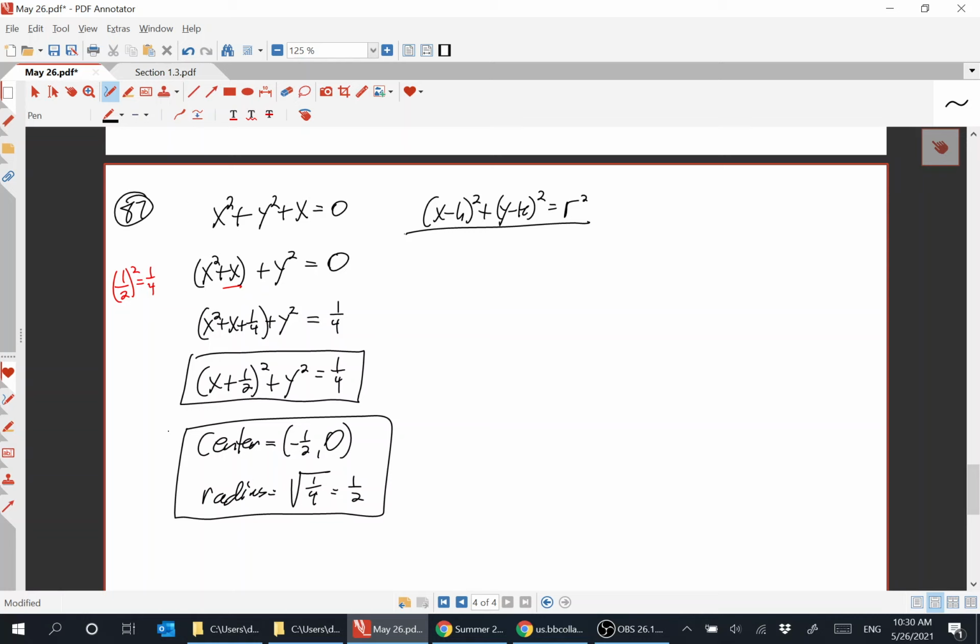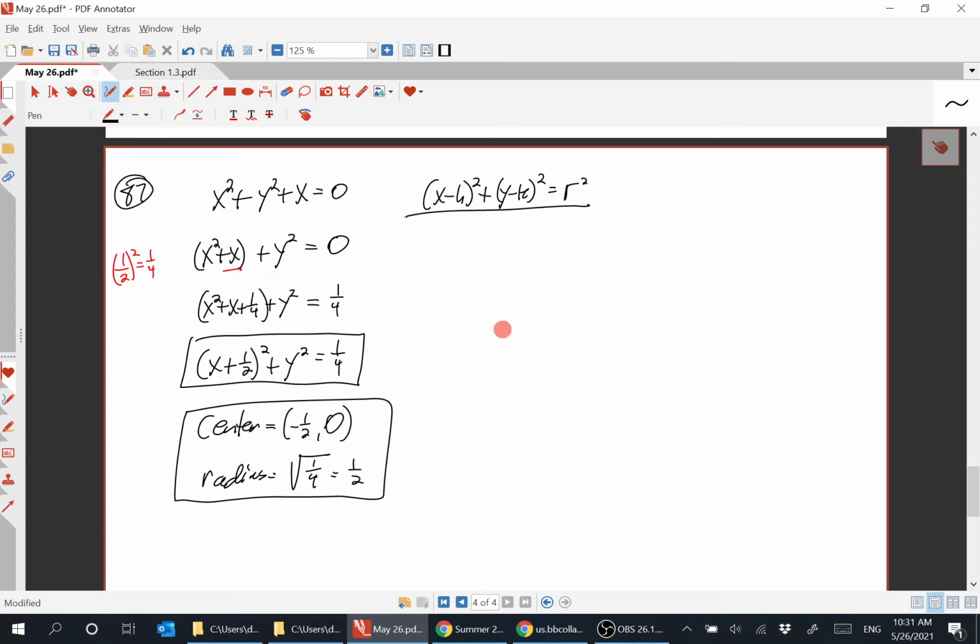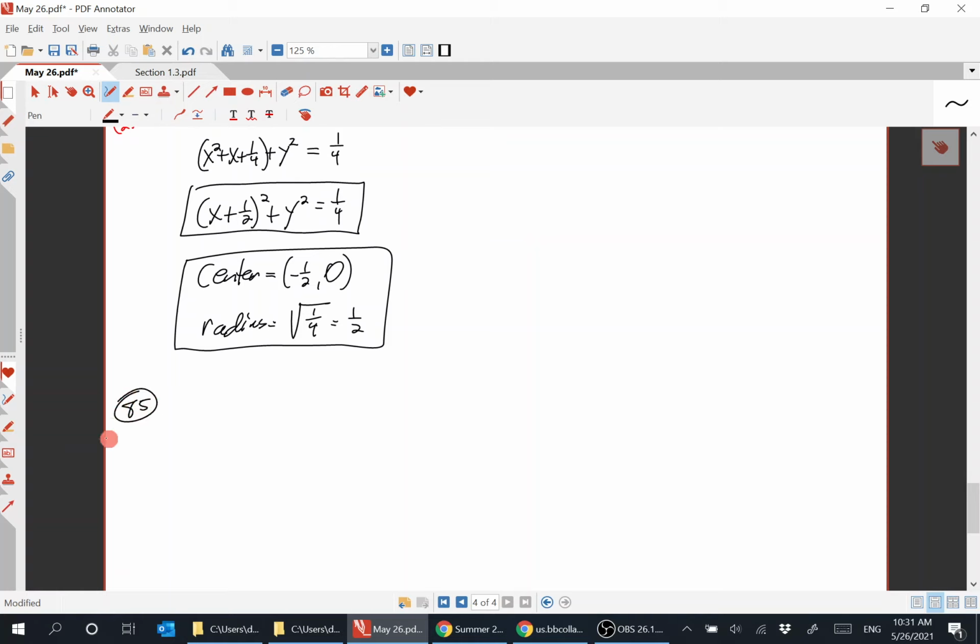So 88 is very similar to these two problems, except you have to complete the square with both the x and the y in 88. An example where you complete the square with both would be, say, 85. So x squared plus y squared minus 4x plus 10y plus 13 equals 0. So group the x terms together,